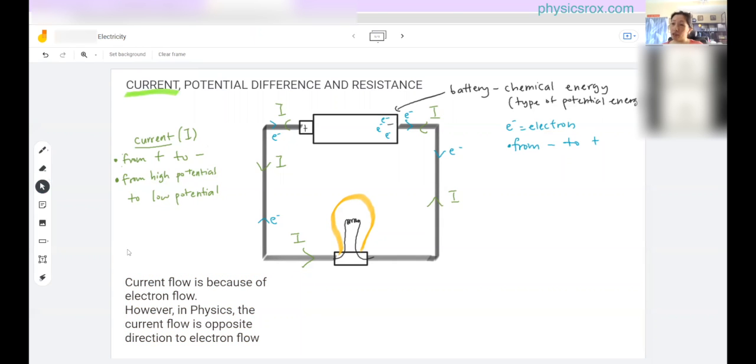Okay, so in physics, we will focus on current. Although you need to know about electron flow, we will focus on the current direction. So that means from 8.04 onwards, until chapter 9, chapter 10, all that, we still focus on current. We still focus on the current flowing from positive to negative. This one is important. Okay. So current